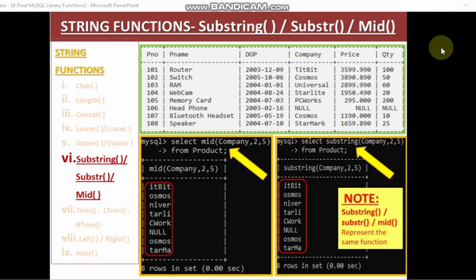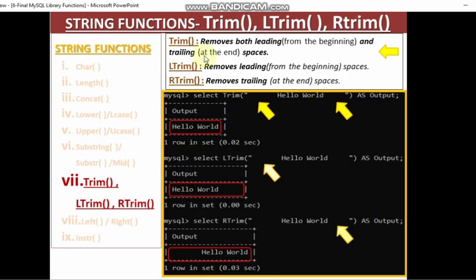So let's move on with trim, ltrim and rtrim functions. Now trim function, it removes both leading, that is from the beginning, and trailing, that is from the end, the spaces, the extra spaces. Now extra spaces which is at the beginning of the string and which is at the end of the string. Now remember, it will take only this space and this space, right?